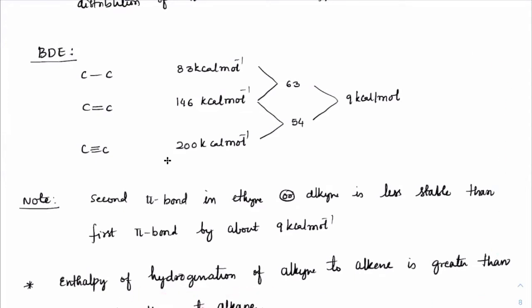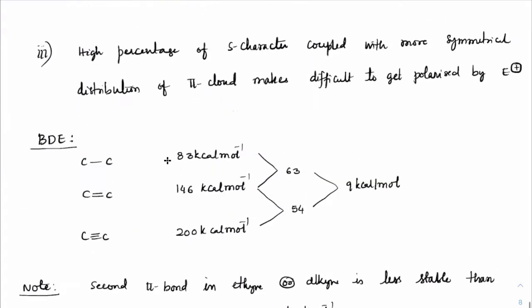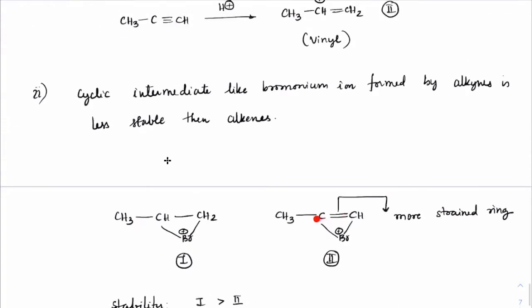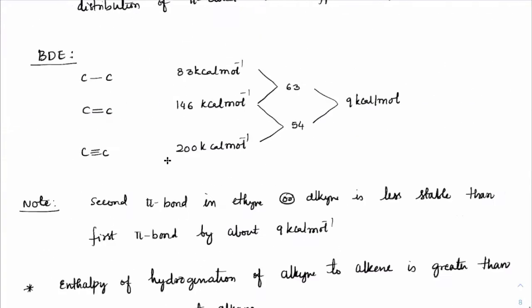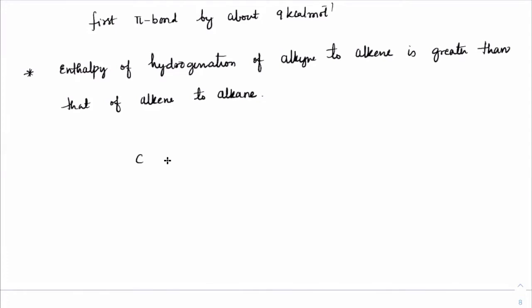But when it comes to electrophilic addition, in that case, it is the percentage s character, which is very strongly bonded, which means, think this way, this triple bond will not get easily polarized. So if you consider electrophilic addition on C triple bond C, and an electrophile is approaching, and you have CH3, CH double bond CH2, and an electrophile is approaching, here this won't get easily polarized.